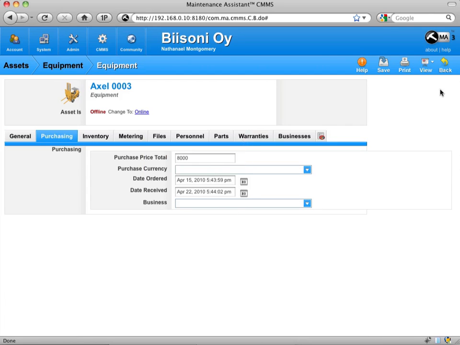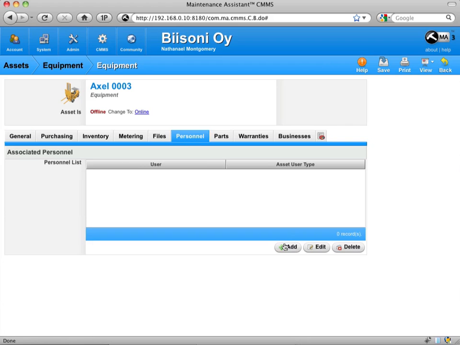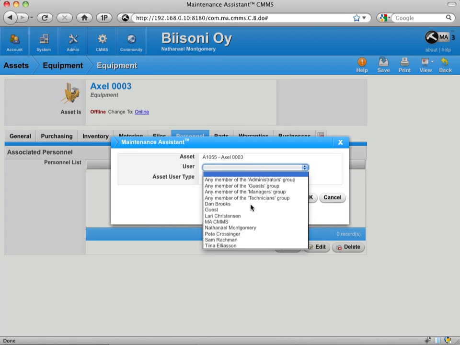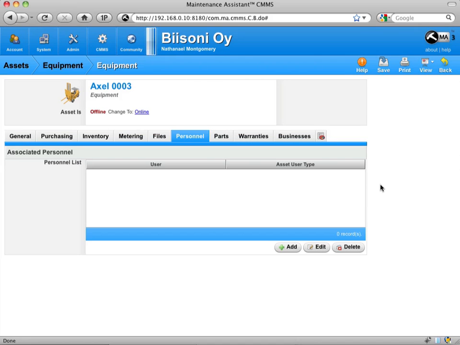Now I'd like to make sure my technician Larry is notified when maintenance needs to be performed on my axles, so I'll move to the Personnel tab, and I'll add him by clicking Add, and selecting his name from the drop-down list. Finally, I'm going to set up my 4 axles for each carriage. Since my axles are interchangeable parts, I'd like to make sure the stock is depleting every time one is replaced. I'll move over to the Parts tab and select the axles which I've previously set up in the Parts and